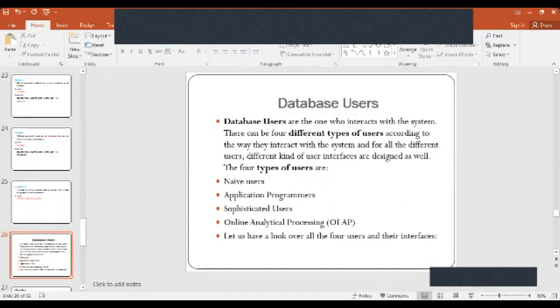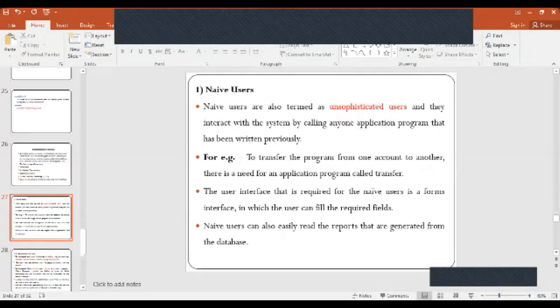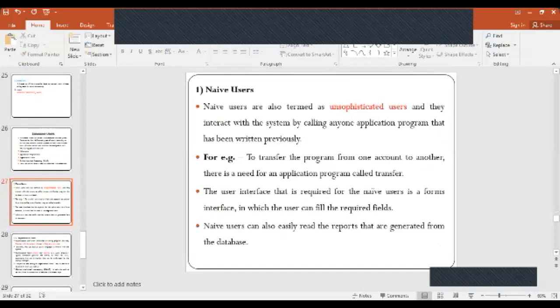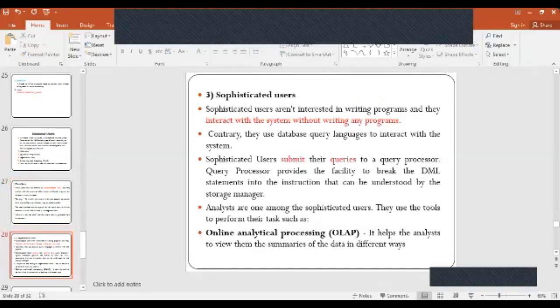You basically have 4 different users. One is naive users, who don't write any program. They use an application program which is already developed. Next is sophisticated users. These people also don't write programs, but they write queries, and these queries are submitted to the query processor.